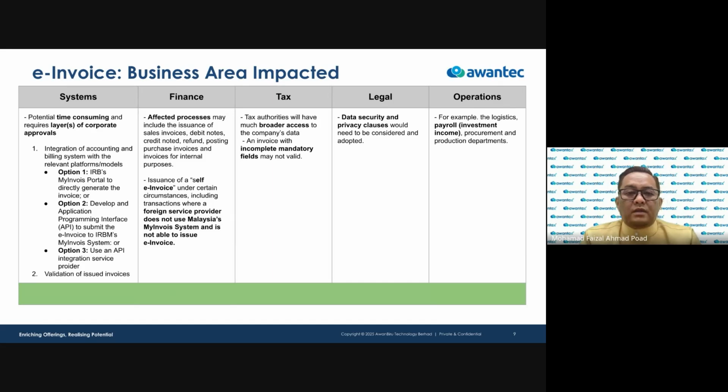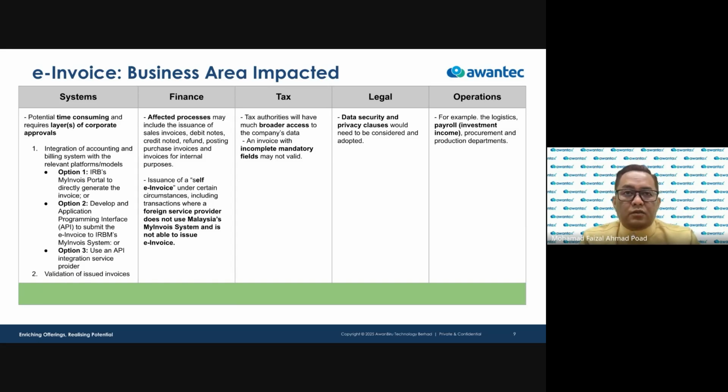Why operations is very important is because for any role that receives or sends invoices, they need to understand that the invoice they receive must be validated. For those validated invoices, you might have the QR code or the UID on the invoice, but your responsibility is to ensure that the information in the invoice is the same as what is in the MyInvoice portal or what was submitted.